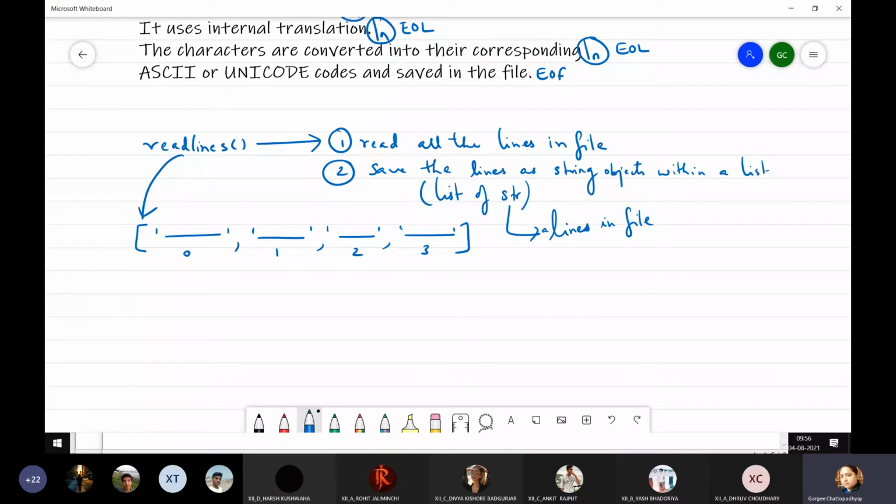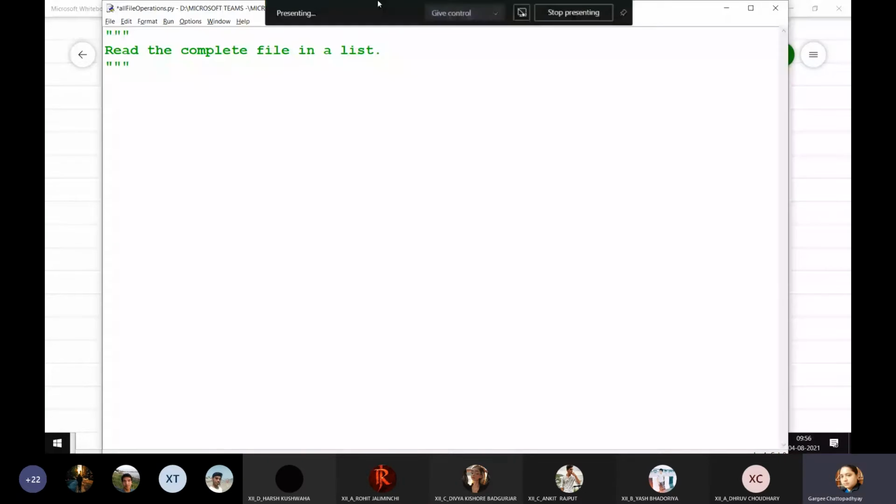So let's do this. So how to do this? So my file, now I'm going to change the name of this file object. I'm going to name it as filein because I'm going to do read operation, and read operation is many times referred to as input operation. So I'm just giving a name to it, that is filein. You can give fileread also, fin also, fread also. So anything, whatever user defined name you want to set for this, you can do it. filein equals open, name of the file.